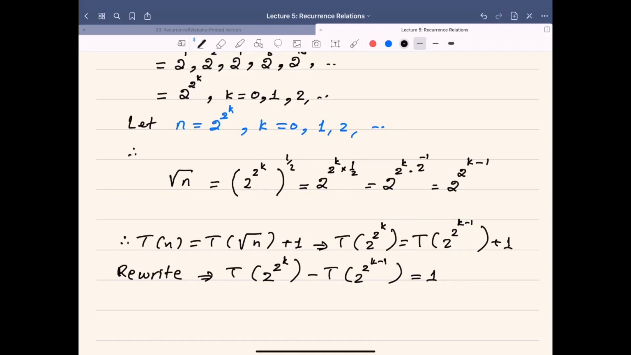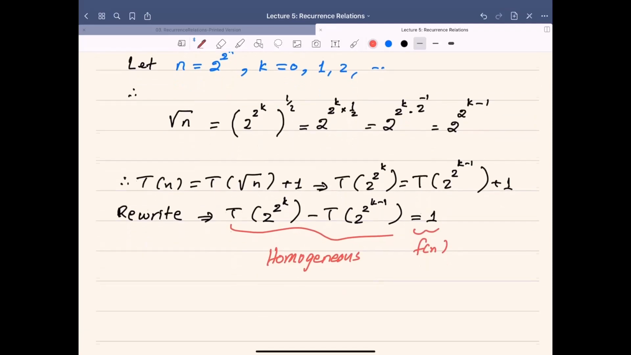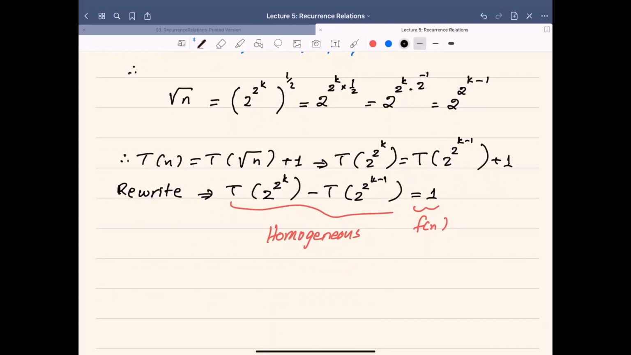So by looking at k, on the left hand side we have k, beside it we have k minus 1. So this looks like the homogeneous part, and 1 will be the non-homogeneous part. So this is the homogeneous part of the solution, and this is f of n. Now, if we find the characteristic polynomial,